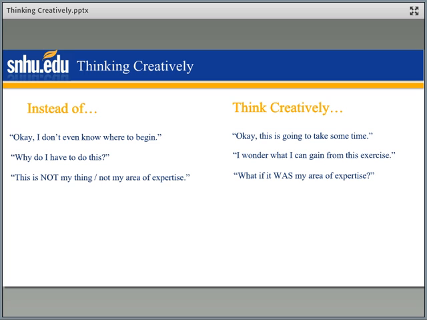Think about something that is your area of expertise, something where you do feel comfortable and confident in starting to discuss a concept or an idea, and ask yourself, what is it that you do to approach that in your own way? What is it that you feel confident about? And see if you can approach this new and somewhat daunting concept in that same way, imagining that it is your area of expertise. How would you begin?